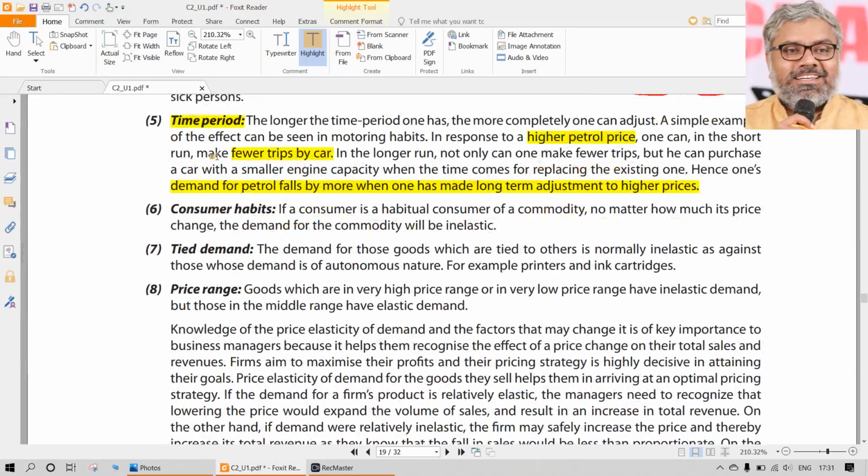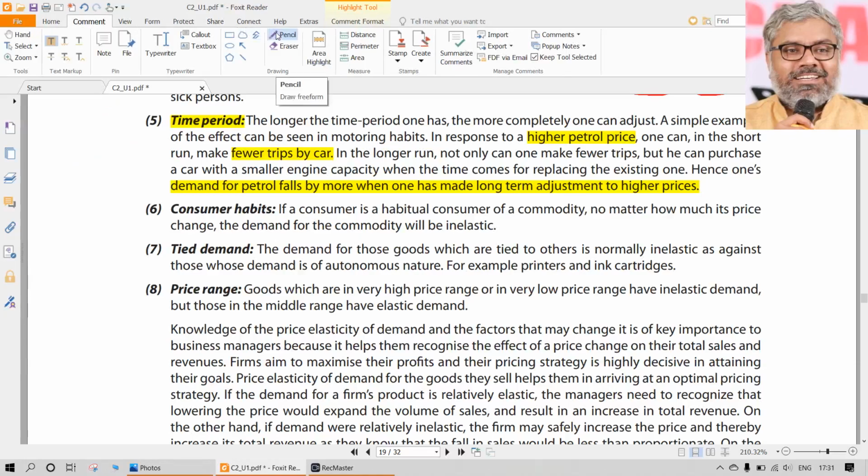Or otherwise you can say, let us say nowadays, of course, there is not much difference between petrol and diesel. Both have more or less similar prices. But imagine, just as an example, let us say the petrol price is very low and the diesel price is high. From now onwards, let us say there is a change in the policy of the government, going back 30 years. Say now the diesel prices are very low in future and petrol prices are going to be very high. There is going to be a huge difference.